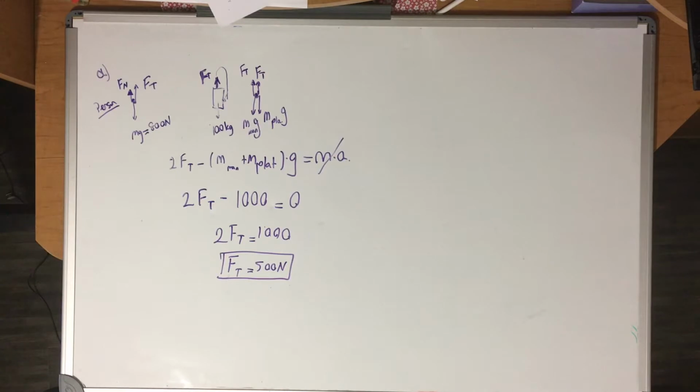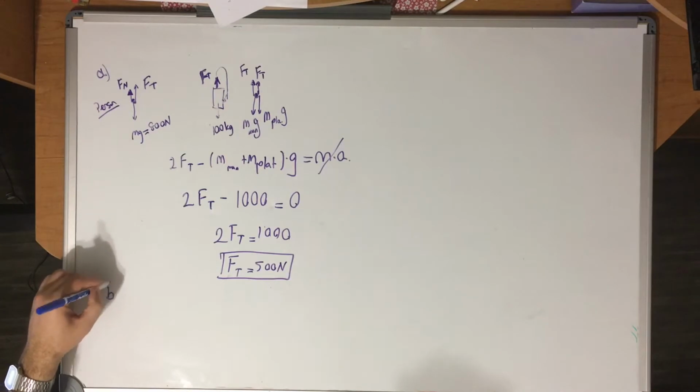And part B, this time, this person on the platform is pulling the string down and the system is accelerating with a rate of 2 meters per second squared, and they're asking for the tension in that new case. It is going to be pretty similar to the one that we had in the first question, and let's write it down. So for part B,